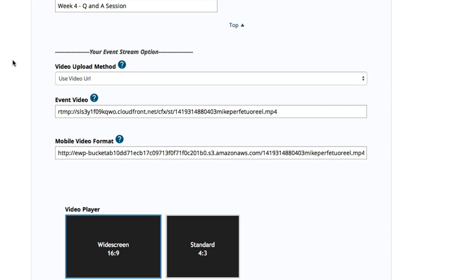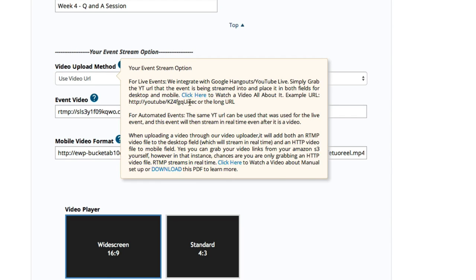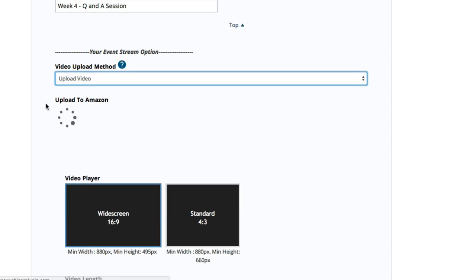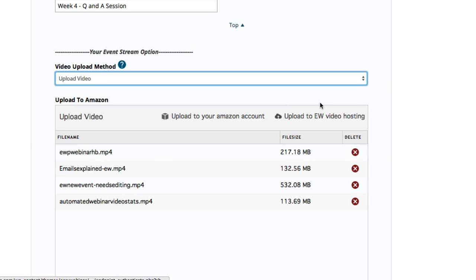So one thing that we have uploaded for everyone is the new Amazon Uploader, which is essentially your event stream options. This is where you're going to either add a YouTube video for your live stream with Google Hangouts and YouTube Live, or a pre-recorded YouTube video, because that will also play in real time. But also, if you wanted to upload a video into, say, Amazon or our own video hosting, this is where